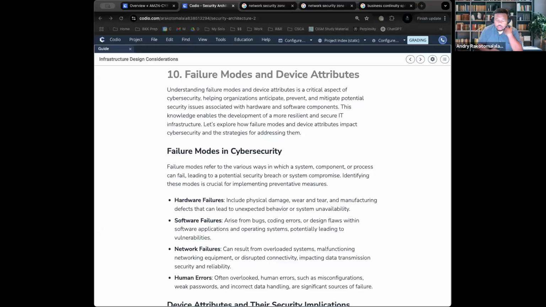When it comes to device attributes, this directly affects how secure or vulnerable your system is. What do we mean by that? Well, an attribute inside of a device is essentially a feature in the device. Does the device have a lockdown feature if there's unauthorized access? Does it have a secure booting feature? These are all attributes that the device has which impact the security and vulnerability of said device.